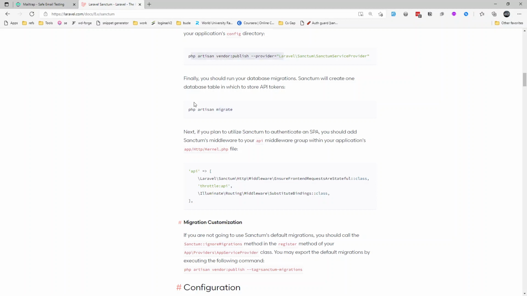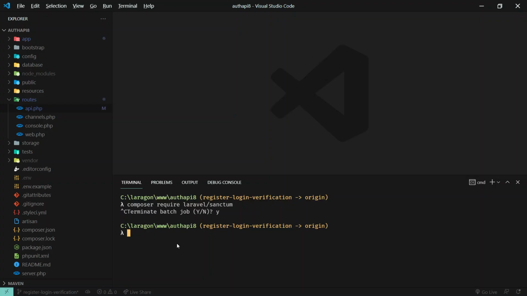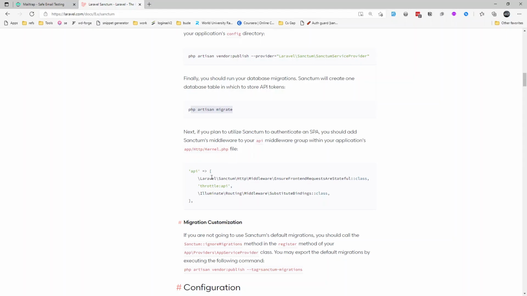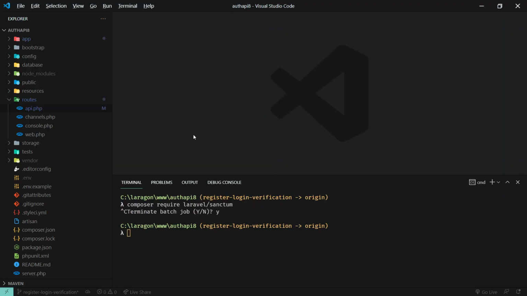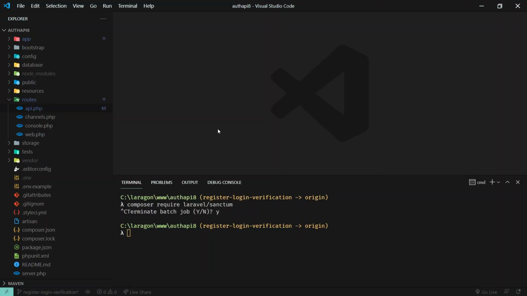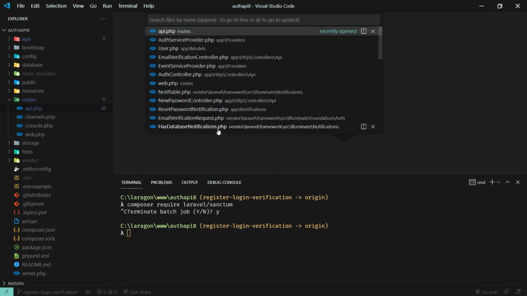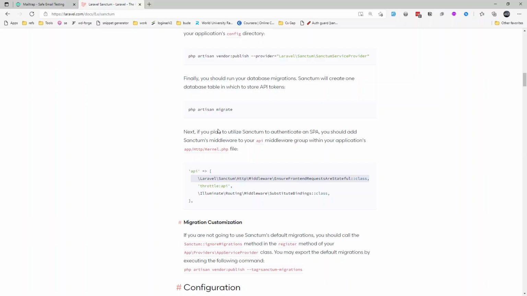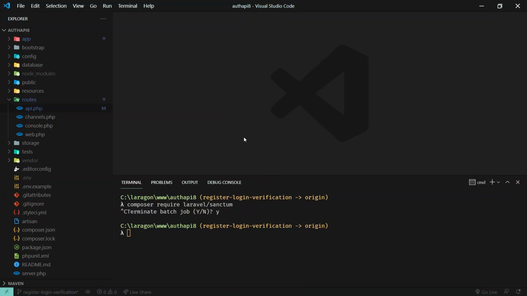I've already done these two steps. Go ahead and do that. Once that is done, let's go to Kernel HTTP, and we need to add this class. What this will do is just make our route accept sessions. Although if you are making this for a single page application, then you need to add that. If you are not doing that,